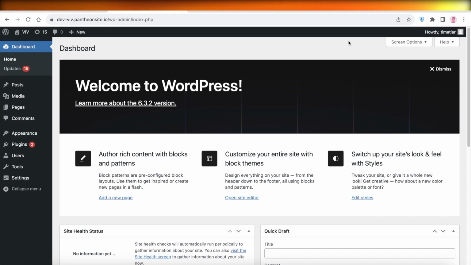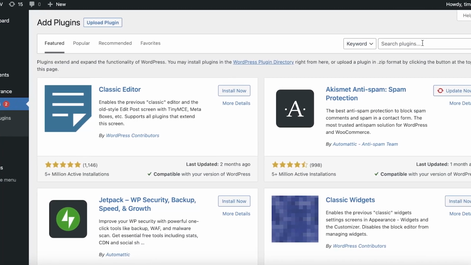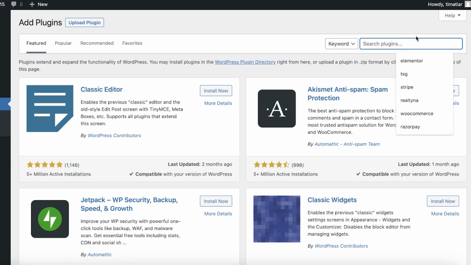Now, the first thing you have to do is head on over to your WordPress dashboard. And once you're on your WordPress dashboard, the next thing you want to do is click on plugins on the left panel. So on this left panel, you have plugins. Now over here, you want to click on add new. Once you click on that, you just want to search on the top right and you want to search for